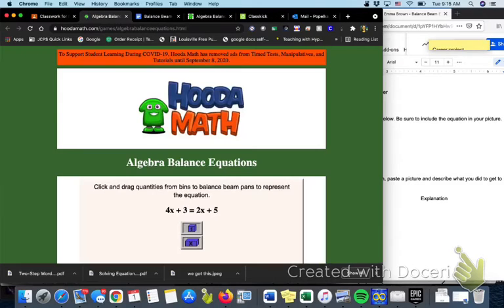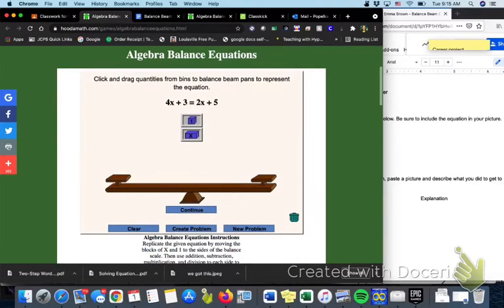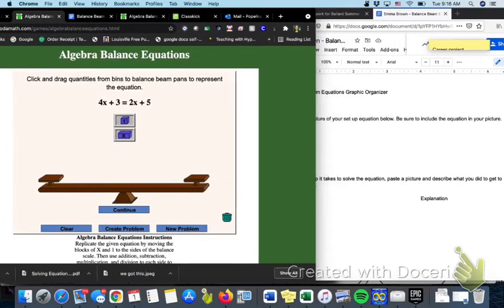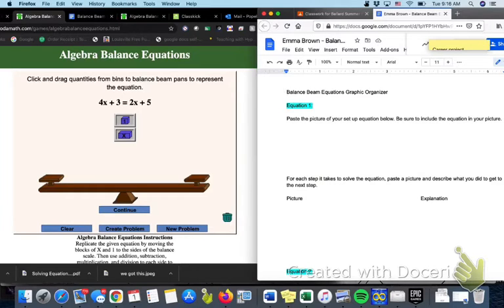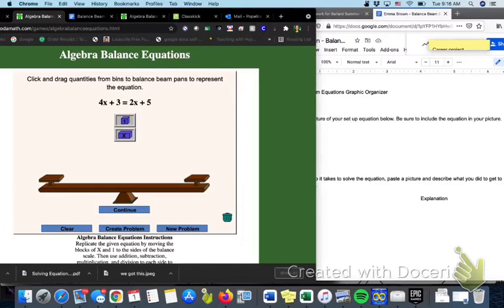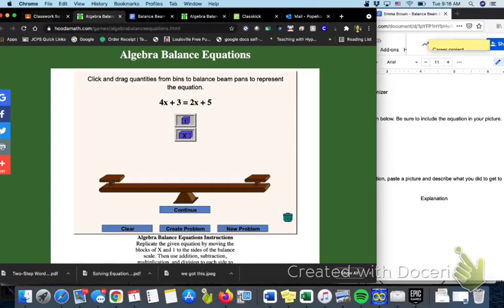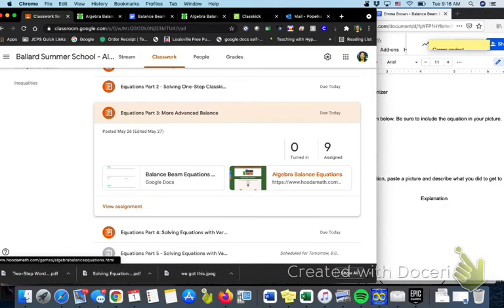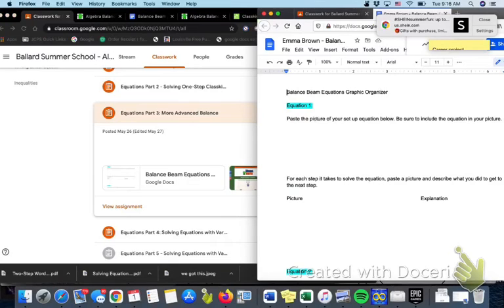And when you click on that, it's going to give you a little something that looks like this. And you guys keep those tablets handy. You're going to need the camera for the tablet. So, because the graphic organizer you guys don't need to do since we're here live. So my virtual kids, though, you guys are going to need both of these links open. So you'll need the algebra balance beam, and you'll need to go under your work and go to